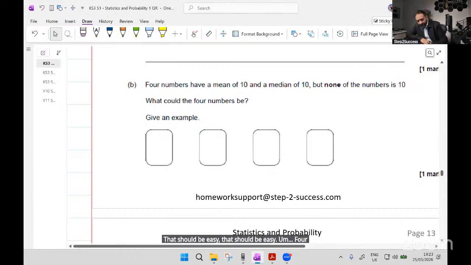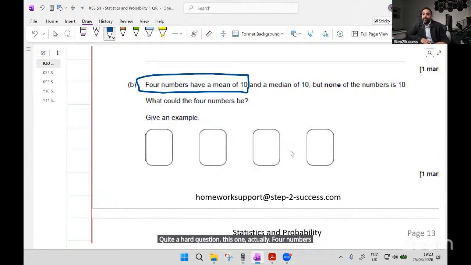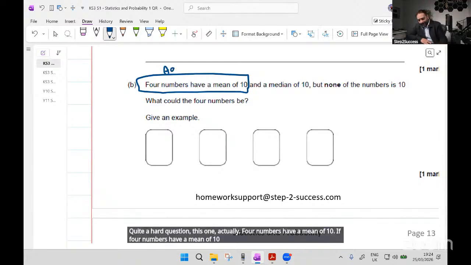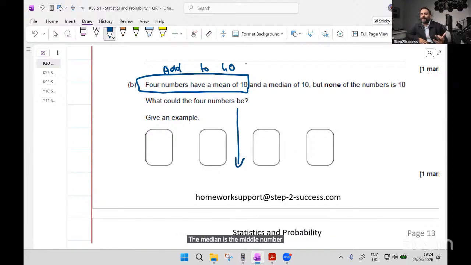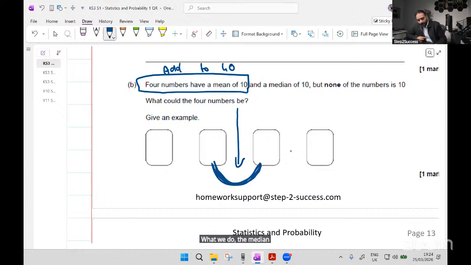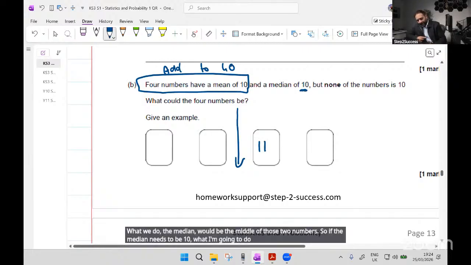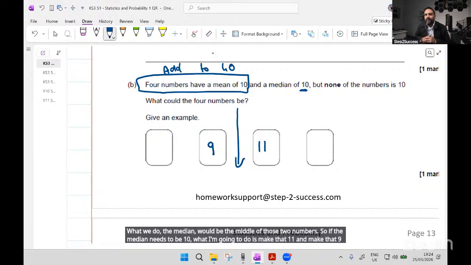Four numbers have a mean of 10. Once again, let's just understand this bit here. Quite a hard question, this one, actually. Four numbers have a mean of 10. If four numbers have a mean of 10, they must add up to 10 times 4. So these four numbers, whatever they're going to be, will add up to 40, I promise you. The median is 10. That is a little bit awkward because the median is the middle number, but there isn't a middle number here because the middle is between two numbers. When the middle is between two numbers, the median would be the middle of those two numbers. So if the median needs to be 10, what I'm going to do is make that 11 and make that 9,